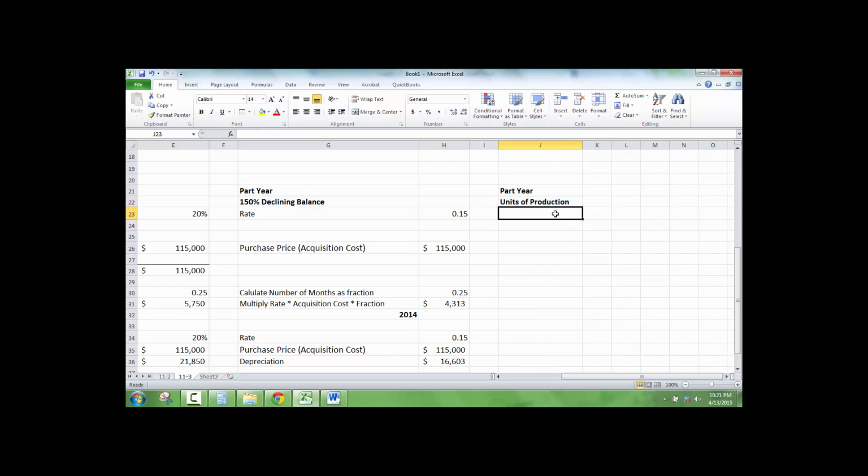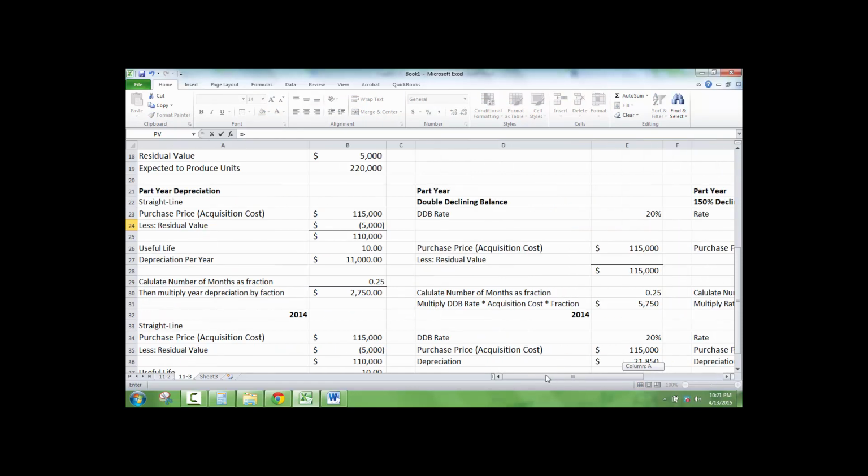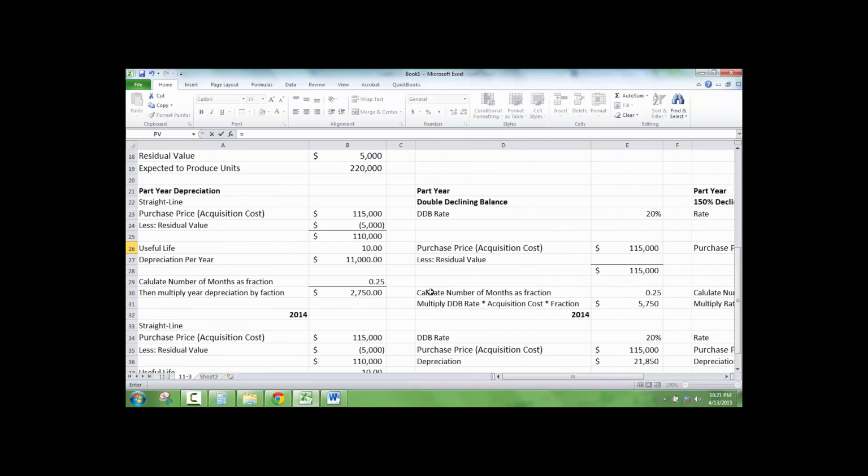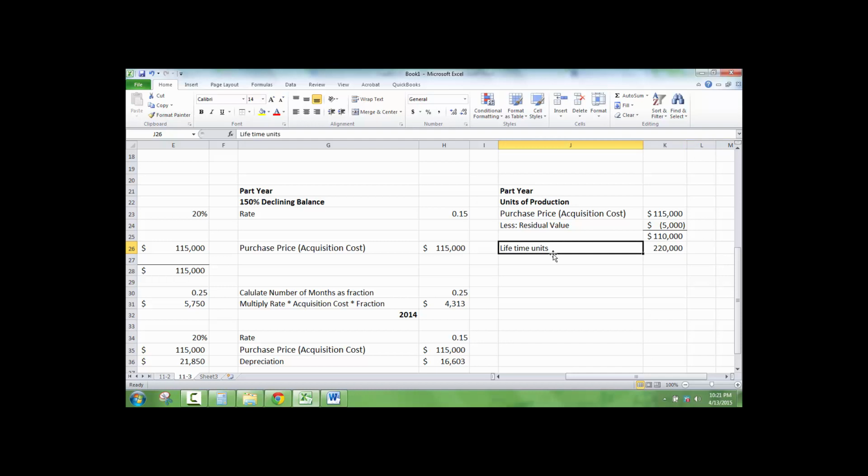So on this one, we take the acquisition price less the residual value, take them over here. So we're going to end up with 110,000, and then lifetime units equals 220,000. So depreciation per unit